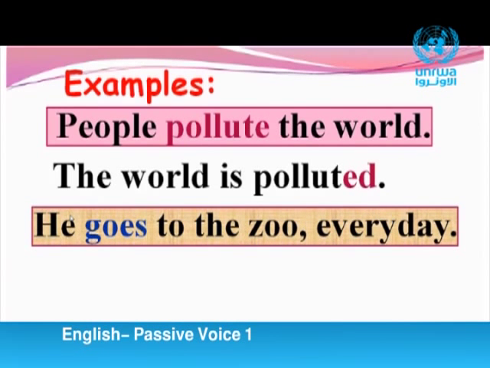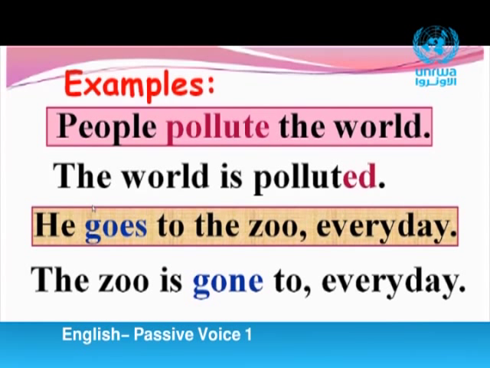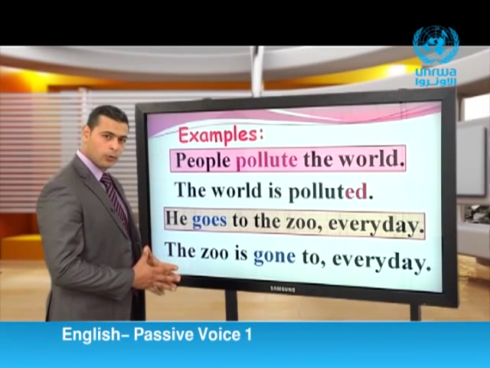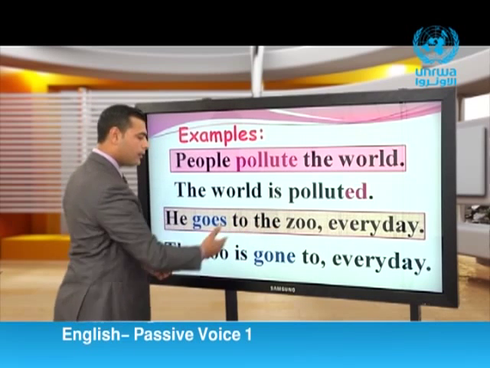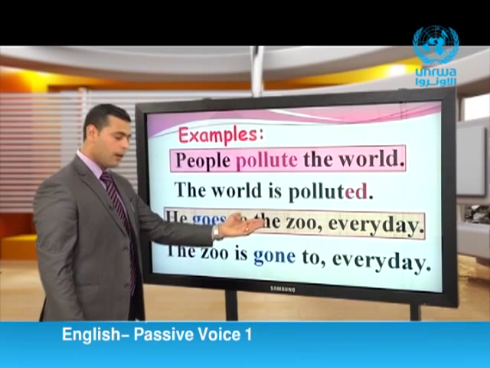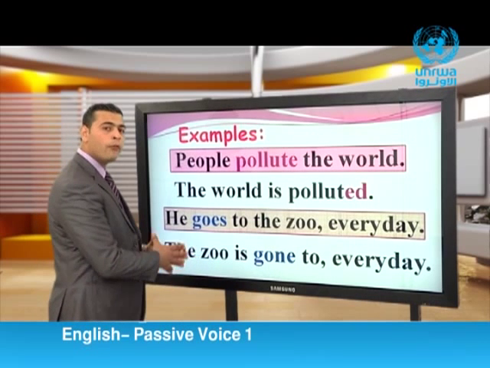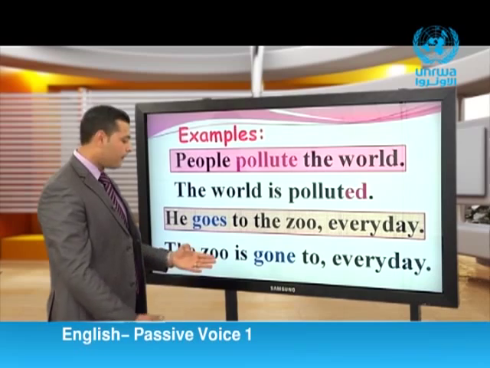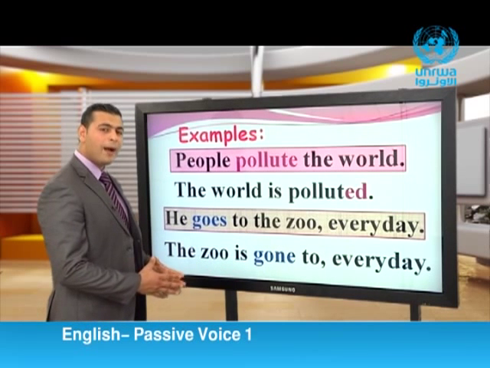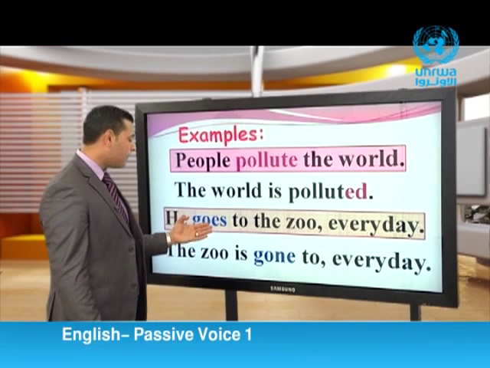لنتناول مثالا آخر. He goes to the zoo every day. He goes to the zoo every day. Let's change this sentence into passive voice. The zoo is gone to every day. هنا أعزائي الطلاب المفعول به في هذه الجملة the zoo أصبحت الفاعل للجملة الجديدة. لأن the zoo كلمة مفرد، فاعل مفرد، استخدمنا الفعل المساعد is، وبعد الفعل المساعد is نستخدم التصريف الثالث